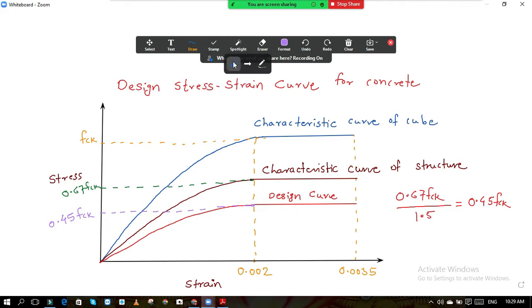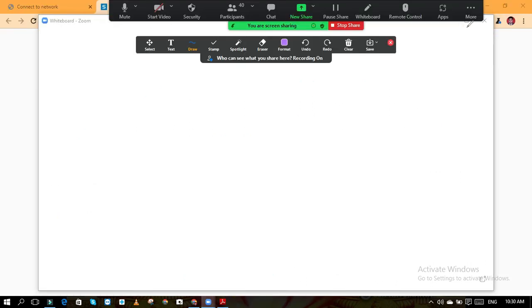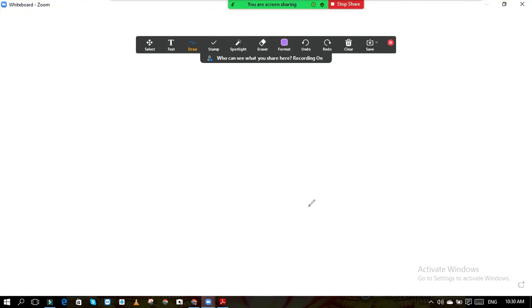So this curve, whatever curve was obtained, I was talking about the design curve. So now you came to know what the ultimate strain is. The maximum ultimate strain is 0.0035. And what is the ultimate stress we considered? It is 0.446 fck or 0.45 fck. Take either one. 0.446 has a 6, so we increase the 4 to 5, so it is 0.45 fck or 0.446 fck. In some books 0.45 fck is used, and in some books 0.446 fck.